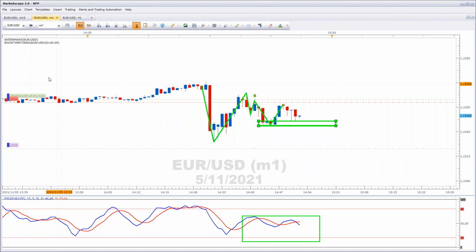Got another 7 seconds here. Well, we're going to just capture a bit more pips here because it looks like the support's being defended. So let's just move that there.